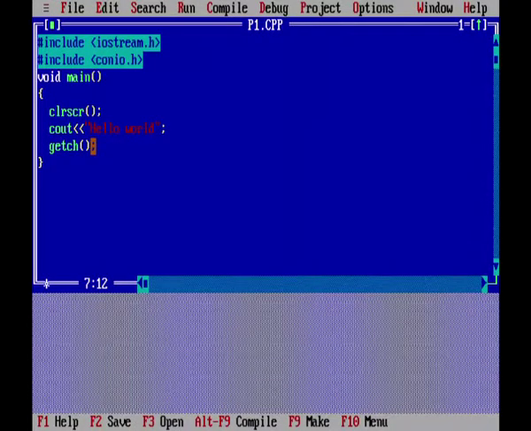Now, hello world is there. Now, the computer is paused at getch. The getch function is waiting for me to press a key from the keyboard. I can press this key anytime. Hello world, I have seen my output, I checked my output, everything is fine. So, I can press any key from the keyboard and I am back to the IDE.